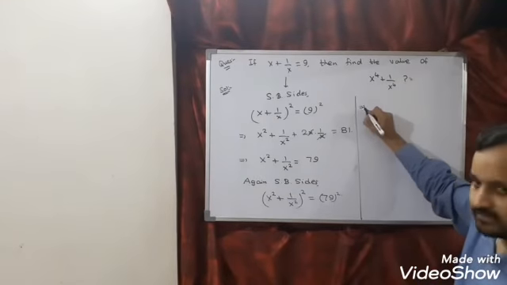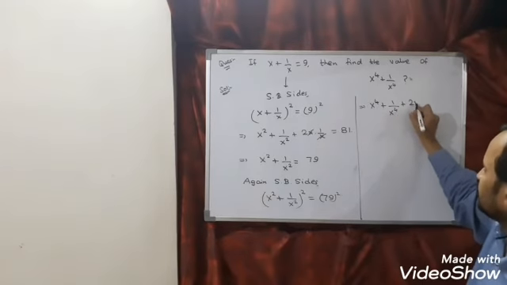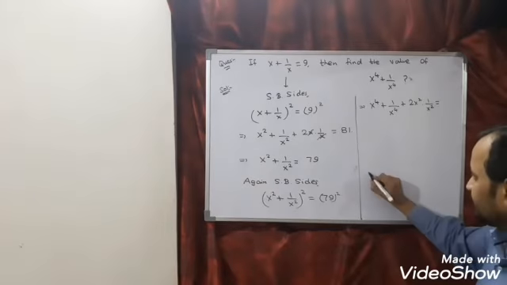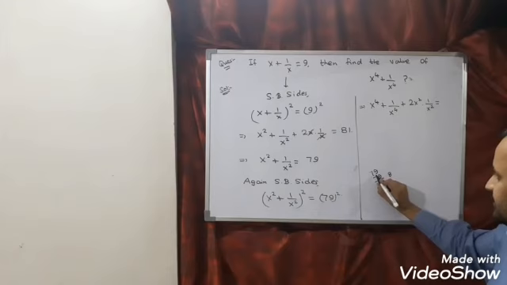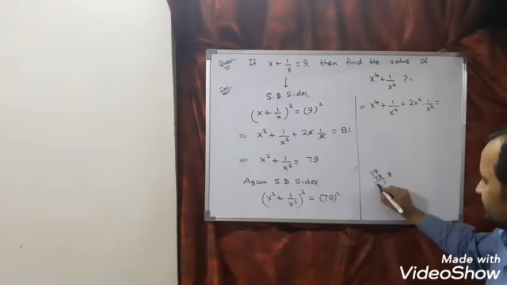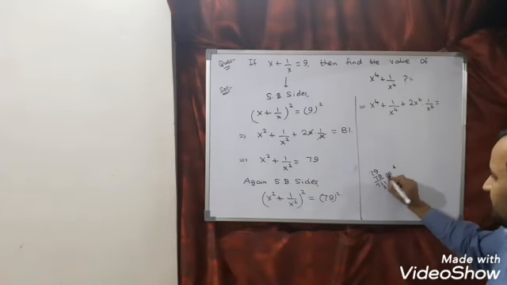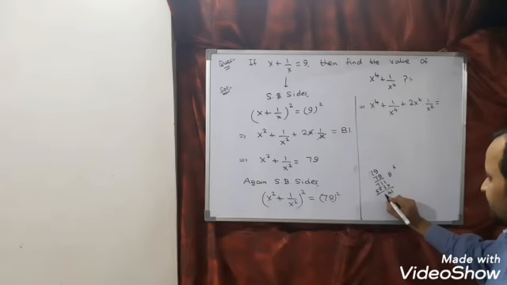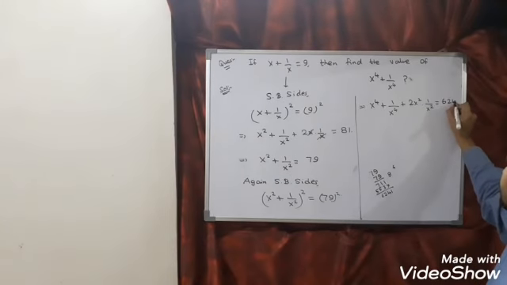When you expand, what you will get? x to the power 4 plus 1 by x to the power 4 plus 2 x square into 1 by x square is equal to 79 square. Calculate, 79 into 79. 9 9s are 81, write 1, carry 8. 9 7s are 63, plus 8 is 71. 7 9s are 63, write 3, carry 6. 49 and 6, I think it is 55. So 1, 4, 7 plus 5, 12. And here 6. Yes, so this value is nothing but 6241.